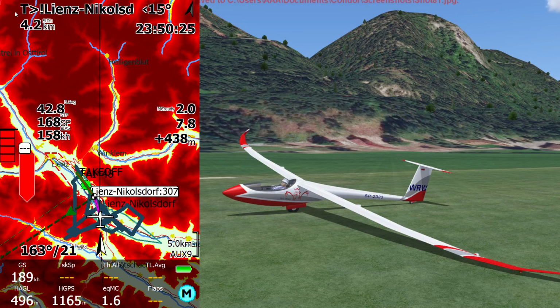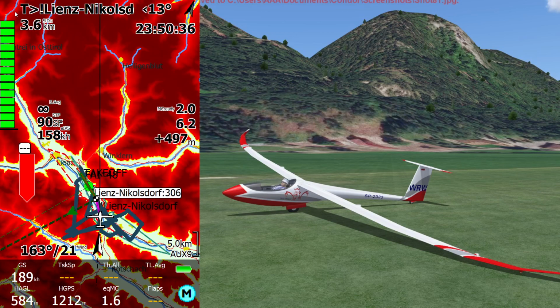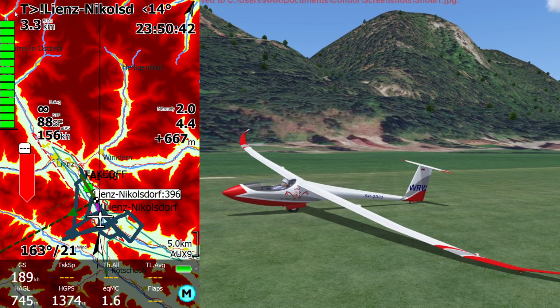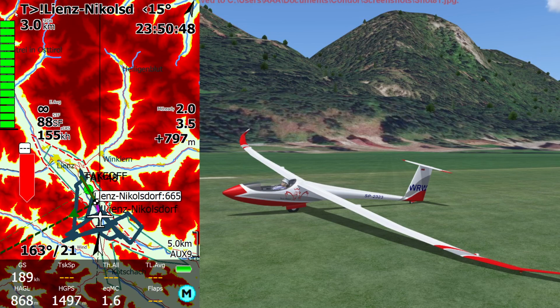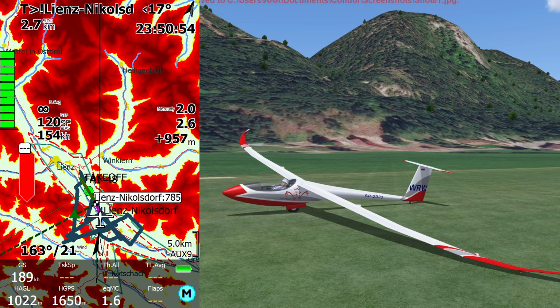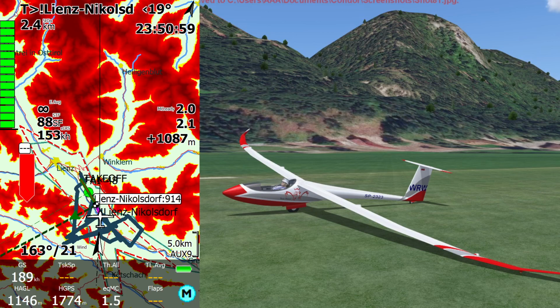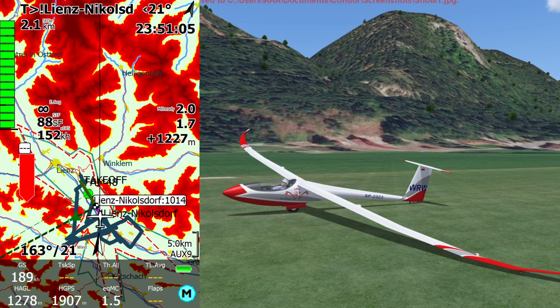So if I now just simulate climbing, of course, the LK8000 allows us a simulation mode, and that's what we are doing right now. As I'm climbing, and as you can see, as my altitude increases, now we are passing 1,300 meters. The higher we get, the less red we see on the map, which means we are getting higher and higher above most of the terrain. If we know that the start altitude is 2,000 meters, as we climb I would normally pay close attention to this ridge, which is just after the start line, to see how high relative to this ridge I'm going to be